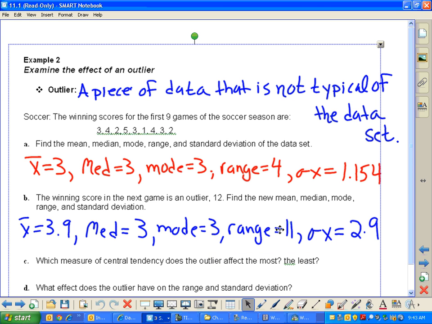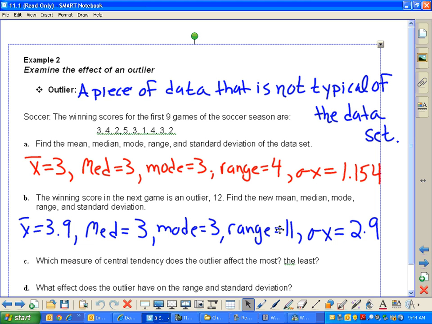Your values there. Mean should have been 3. Median's 3. Mode is 3. Range is 4. Standard deviation, we use sigma x 1.154. If you use Sx, that's fine too. Like I said, I won't be picky. All right, for part B,